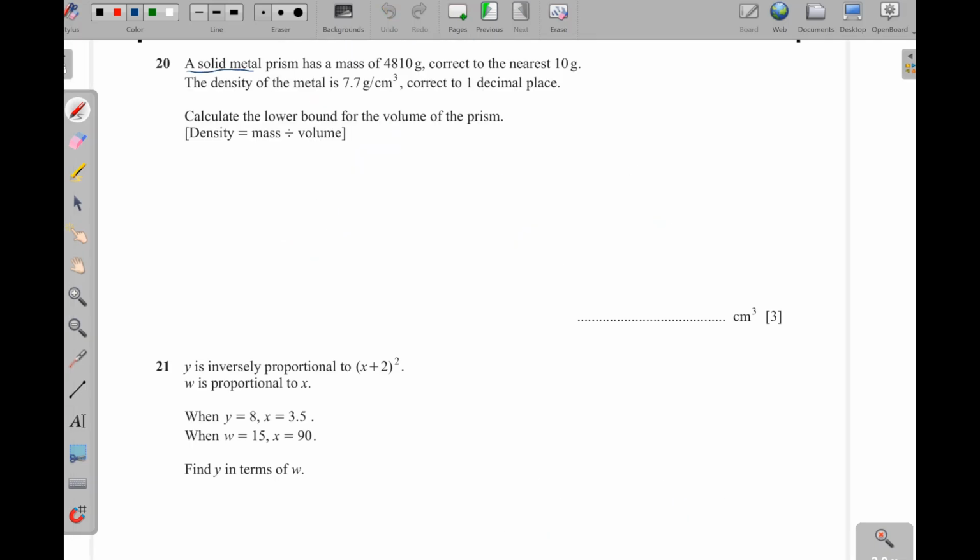Question 20. A solid metal prism has a mass of 4810 grams, correct to the nearest 10 grams. Okay, the density of the metal is 7.7 grams per cubic centimeters, correct to 1 decimal place. Calculate the lower bound for the volume of the prism. Okay,